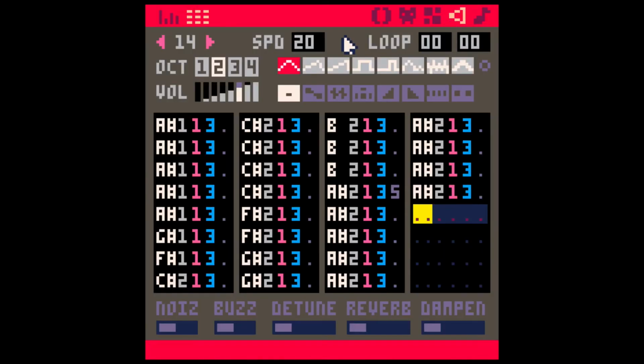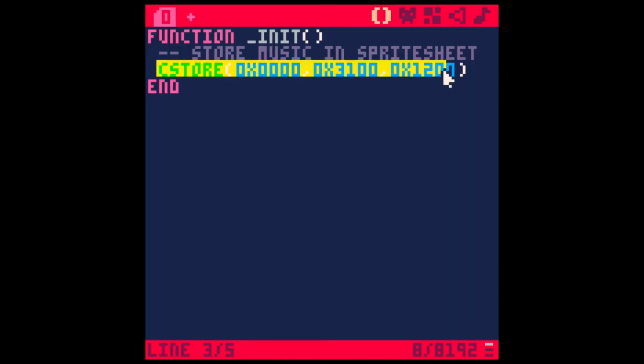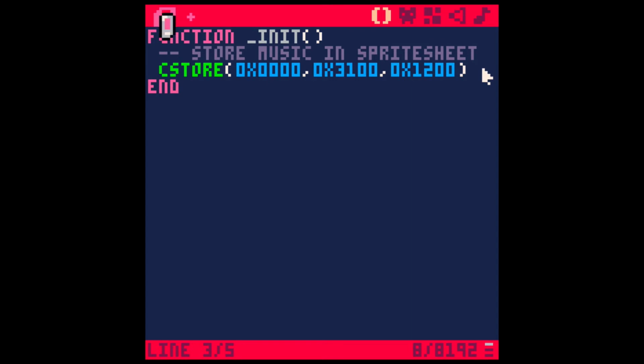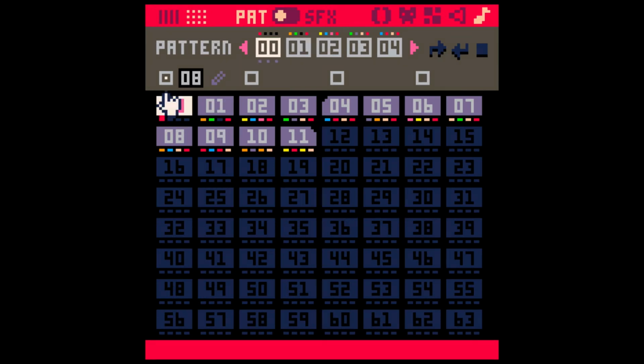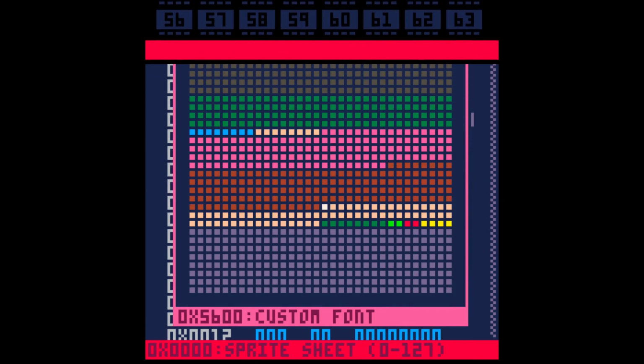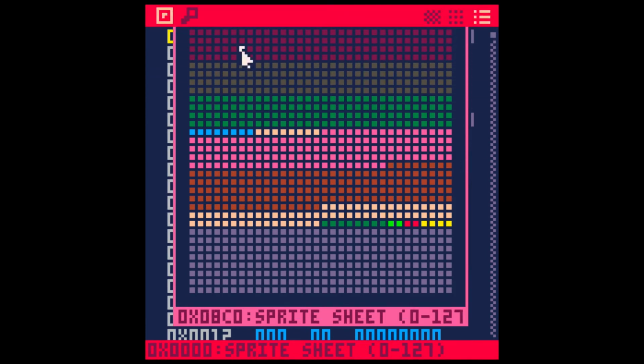So you could, for example, write some music in the music editor, then copy that over into the sprite sheet. Now your sprite sheet looks like a garbled mess, but if you were to move that back into the music section, it would play just fine. And in the meantime, you've got your music data stored in the sprite sheet, and you have the music section now free to write a whole another section of music. So between the sprite sheet, the map, sprite flags, there are enough room for 2 full extra sections of music